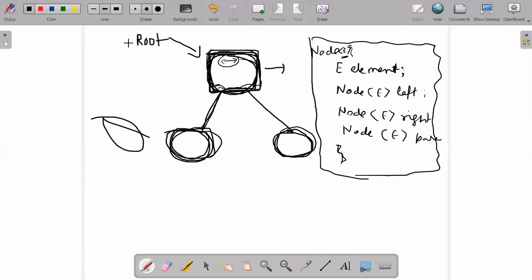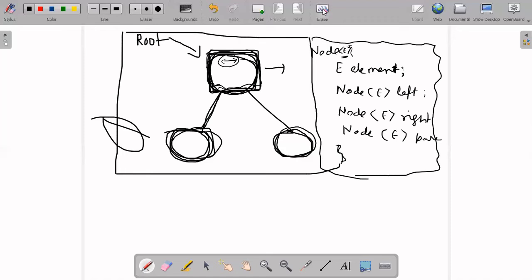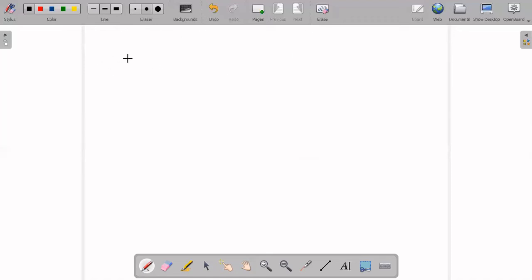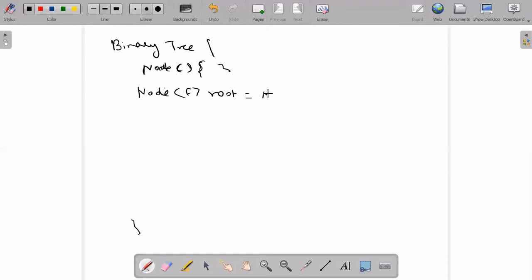Now I need to design the binary tree class. So to design the binary tree class, first I'll have the node structure that I had defined earlier, what I have shown in the previous screenshot. I got the node. I need to know the root. So root will obviously be represented by a node, right? It will be null by default in the beginning if it is not created.